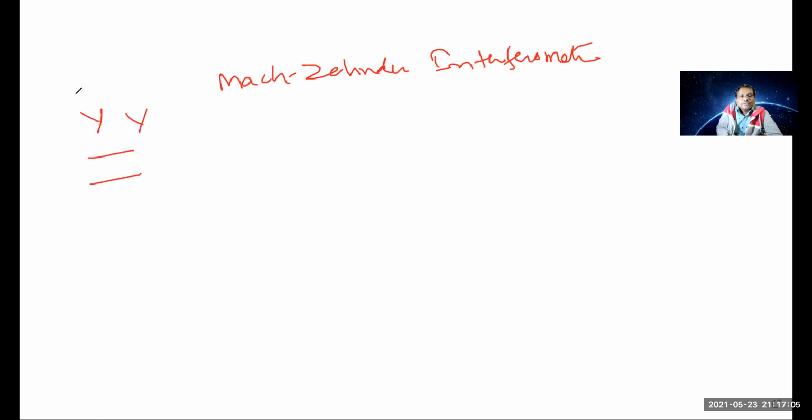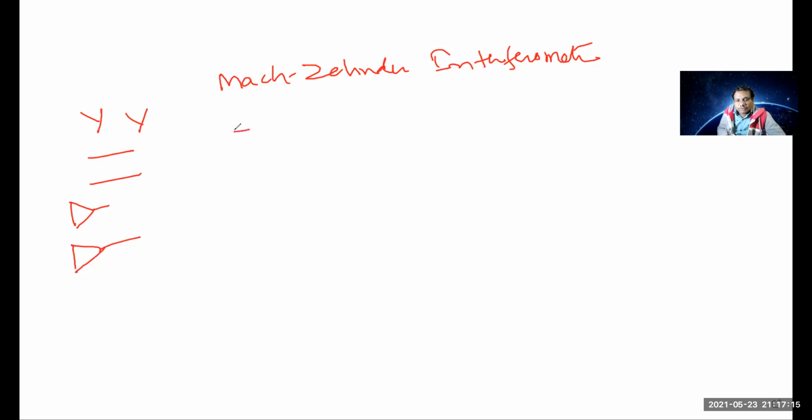So a Mach-Zehnder interferometer consists of two Y branches and two waveguides. Besides that, two grating couplers, or more than two grating couplers, shall be used to connect the line.